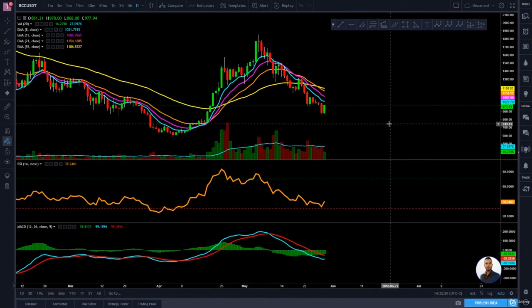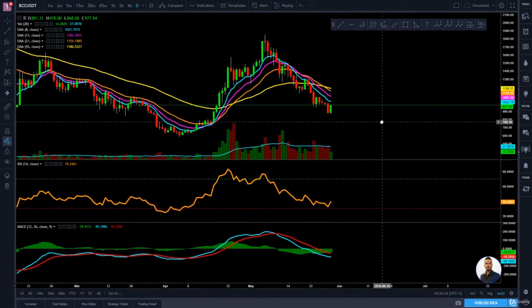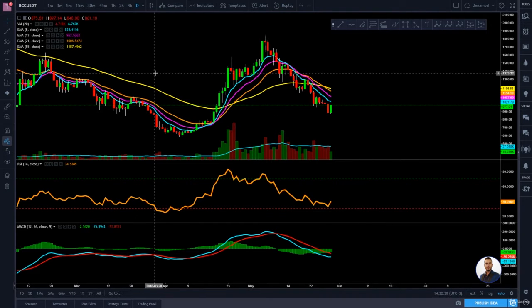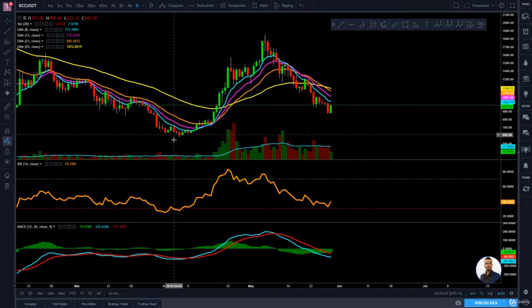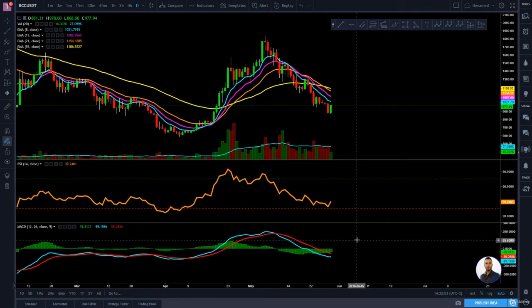Now I prepared for you guys another example of how to use MACD indicator in combination with RSI and exponential moving averages. For this setup I am using Bitcoin Cash chart, and now I am using a higher time frame, and that is the daily time frame where each candle represents one day. Keep in mind that if you are a beginner in trading, higher time frames trades are much more safer than on a low time frame,